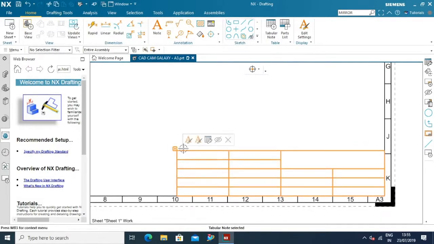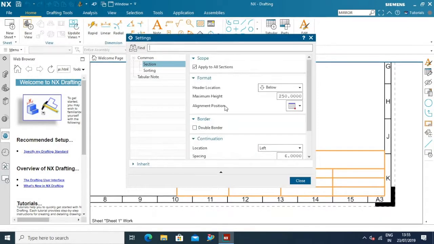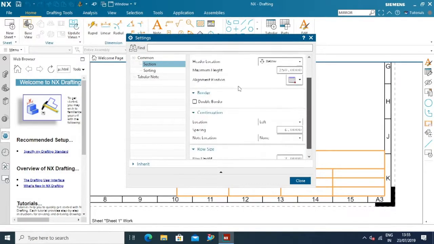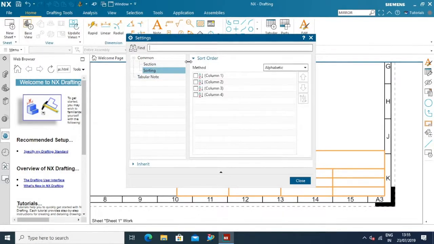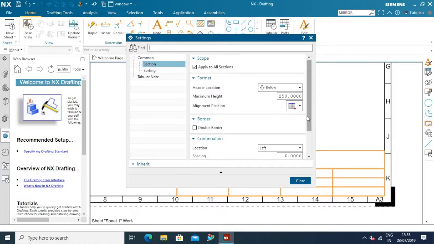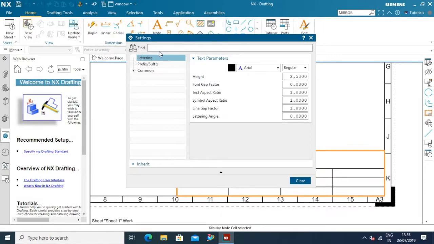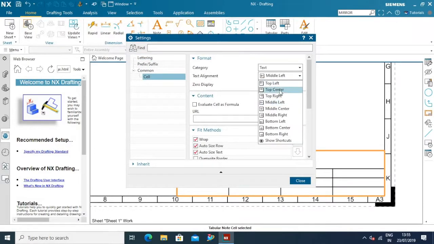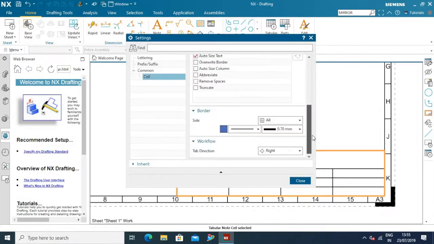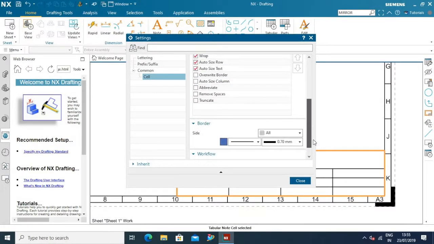You can also access settings for this table by selecting the table, and you will have a pop-up menu related to settings to set the table style. So here I'm selecting this table, and here I'm going for settings. Now let's say I want the cell alignment to be middle center, so that all the text is in the middle and in the center vertically inside this particular area. So I'm done with the settings here, and we have a lot more to do here.